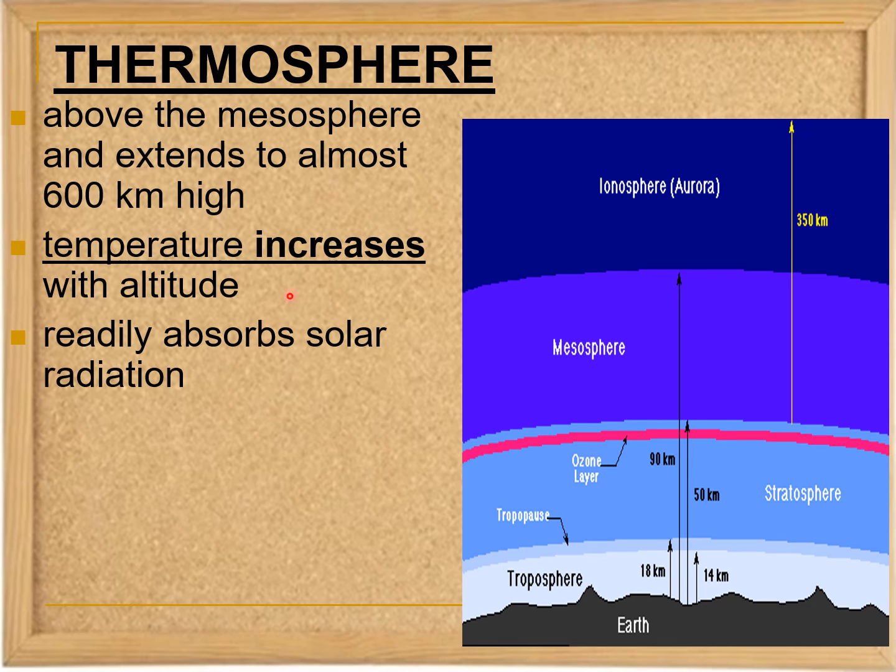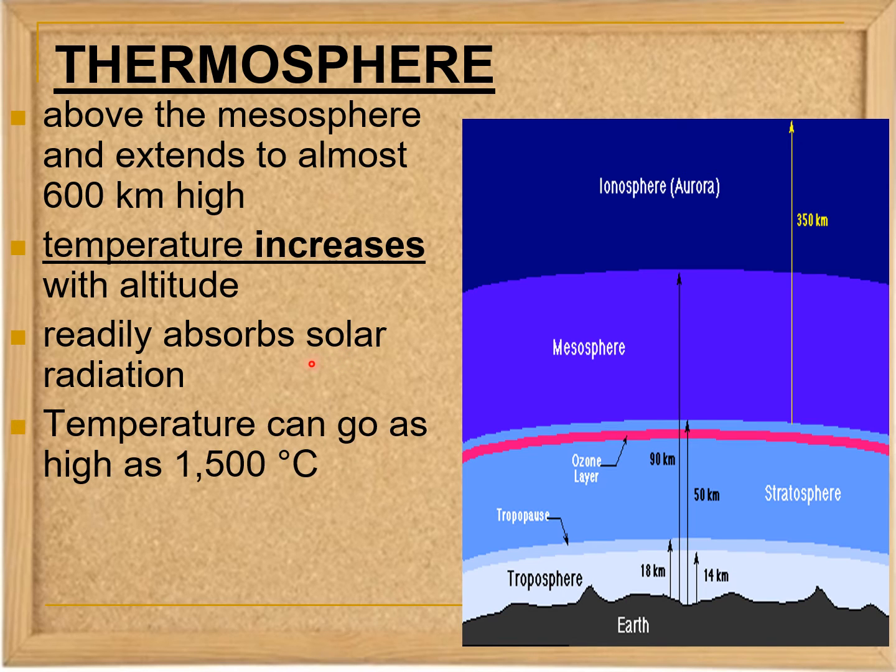That's why your thermosphere, or your ionosphere, protects the Earth by absorbing the solar radiation. Solar meaning sun, so your thermosphere helps protect us from the radiation from the sun. Also, the temperature can go as high as 1,500 degrees Celsius,